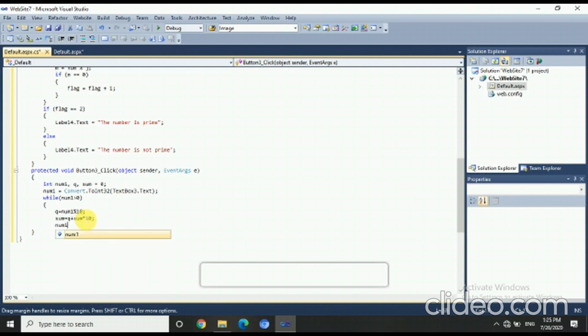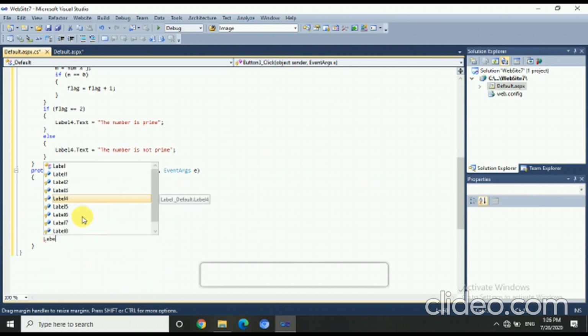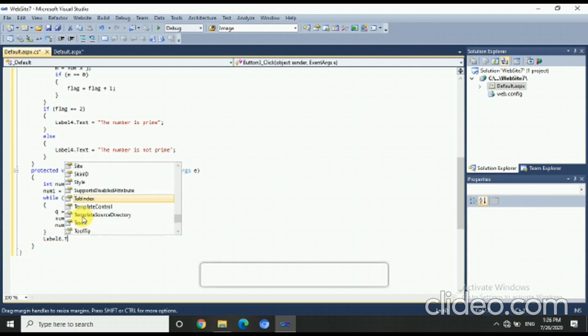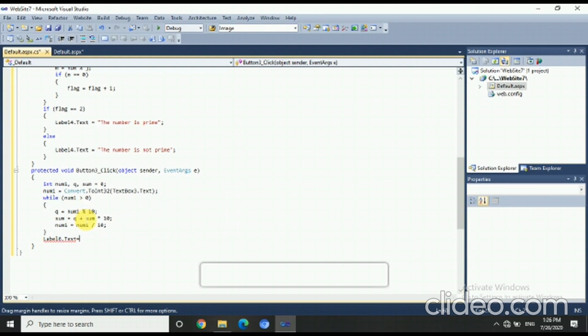And now variable num1 is equal to num1 divided by 10. After this, we will assign a label which will display the value in the sum variable.